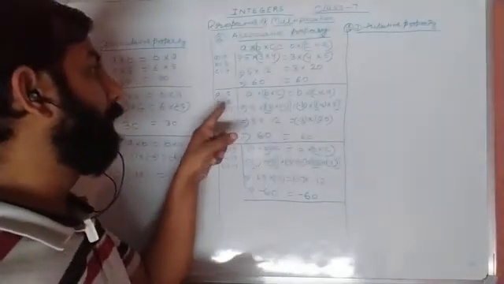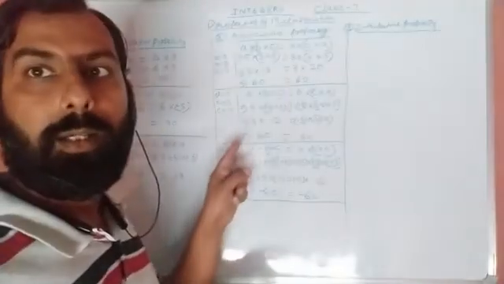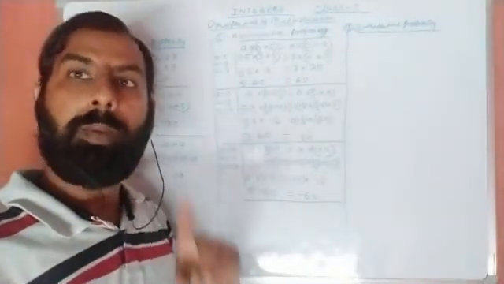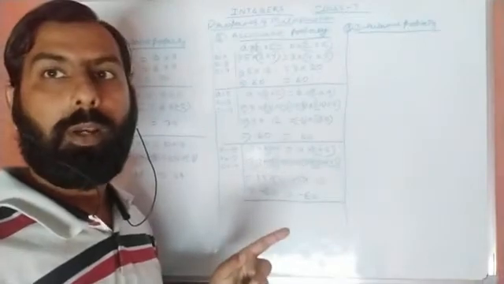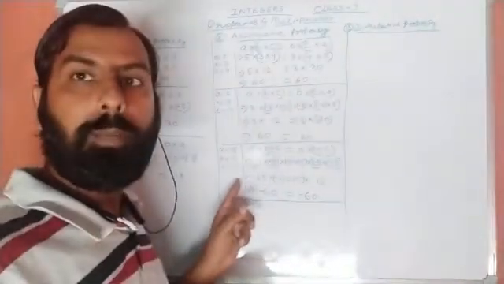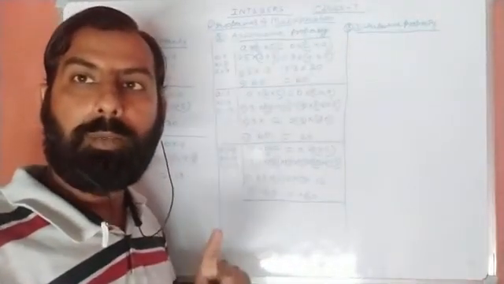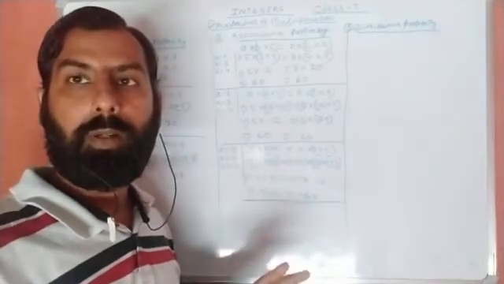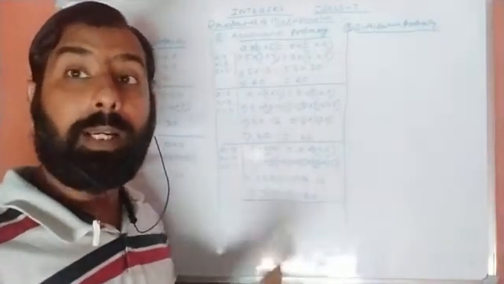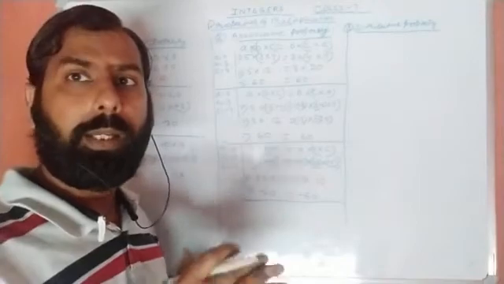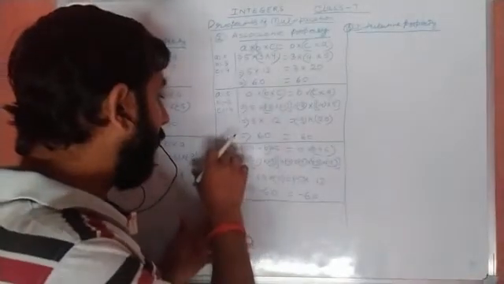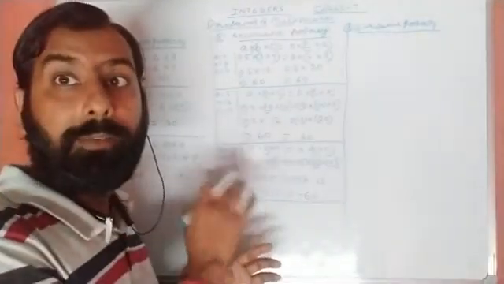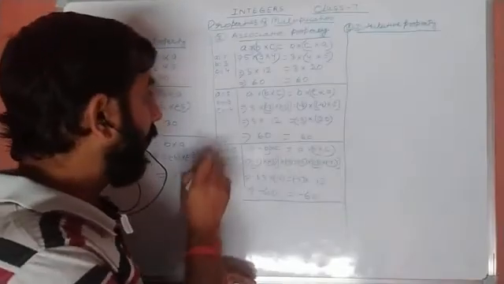You may see that when two negative signs are there, to multiply, the result will be positive. When 3 negative signs you will multiply altogether, the answer will be negative. Means when the even number will be there, even number means what? Of the sign, even sign. Suppose here is what?